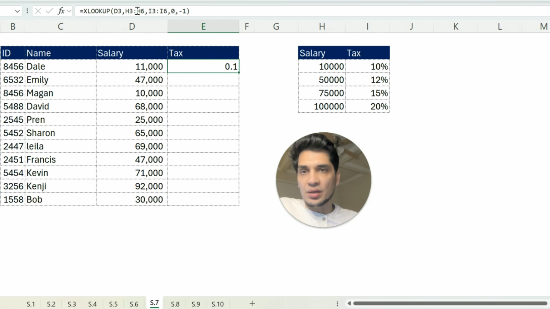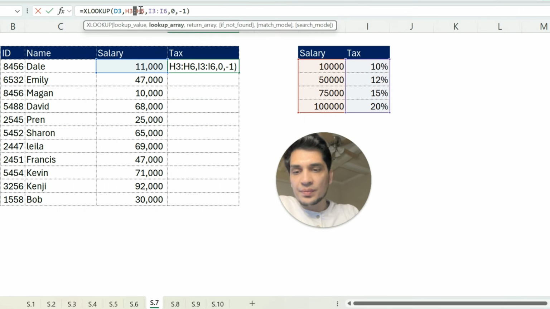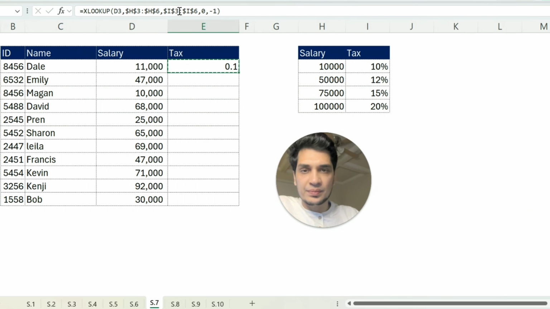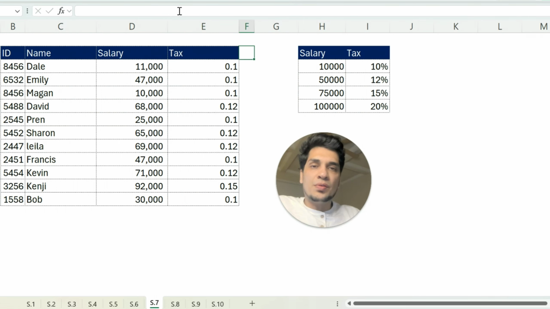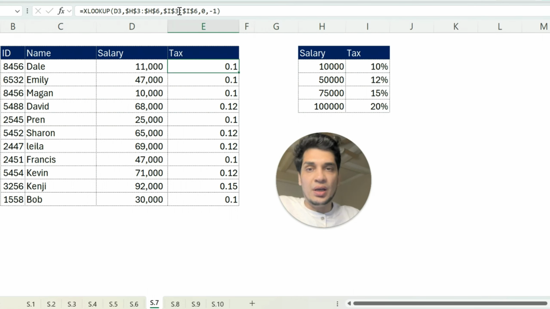I can lock this information and drag and drop the result to the whole table. Okay, so it provides me all the percentage based on the salary ranges that we have provided in the criteria,